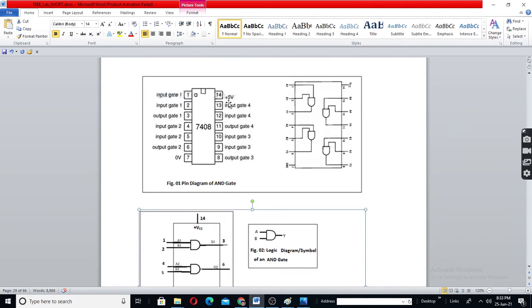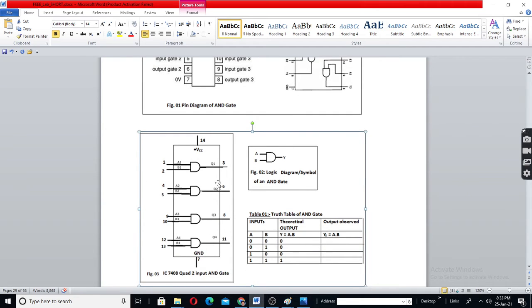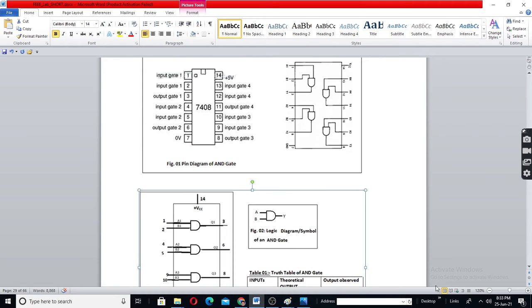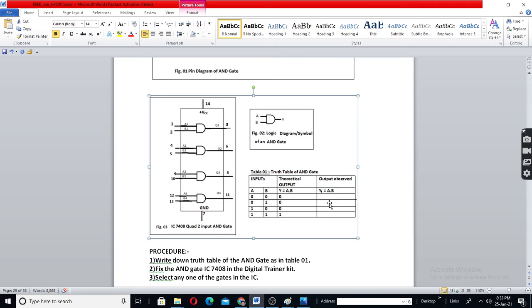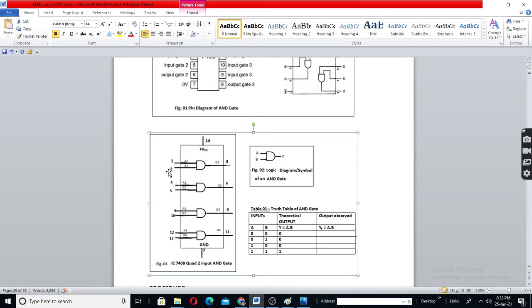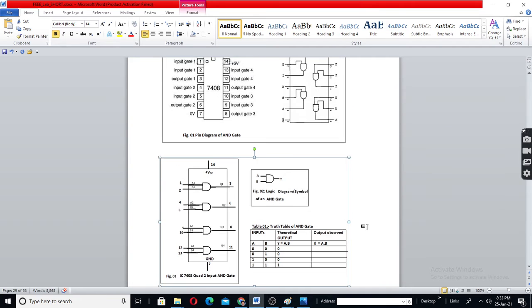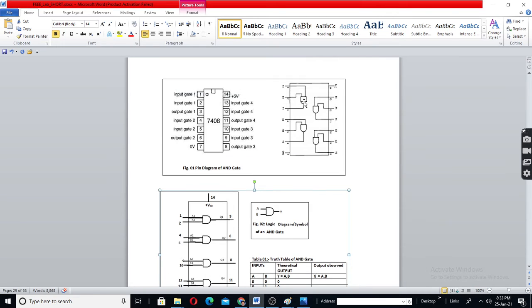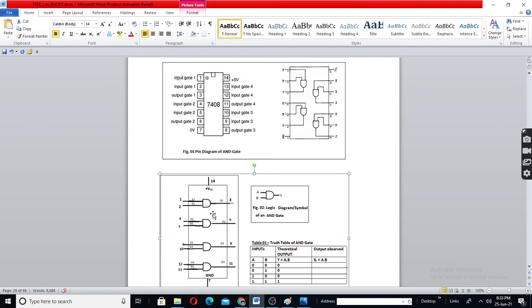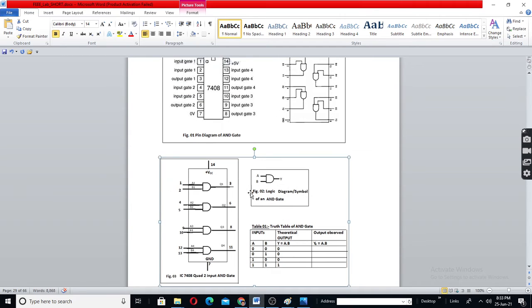You can write this figure in the examination, or this figure, or this figure. Better write only the third figure. Here all these four gates are shown in input and output structure. You see, here you cannot see input and output easily. Here all the left side are inputs, right side are outputs.